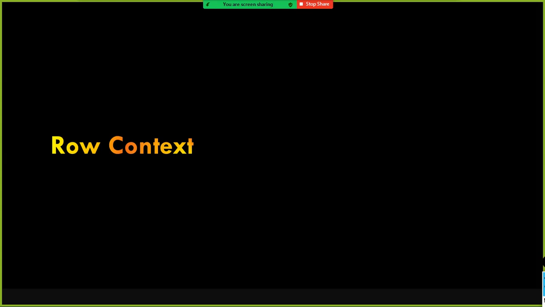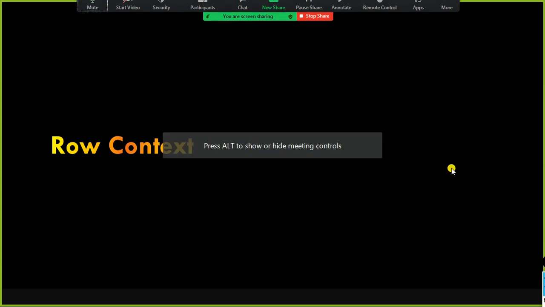And whenever you use any iterating function, what do you mean by iterating function? The SUMX, AVERAGEX, MINX, MAXX, the functions which end with X are called your iterating functions. Okay. So whenever you use this kind of iterating function, you can create row context programmatically. Okay. The row context is evaluated whenever an expression iterates over a table. For example, I just go to my